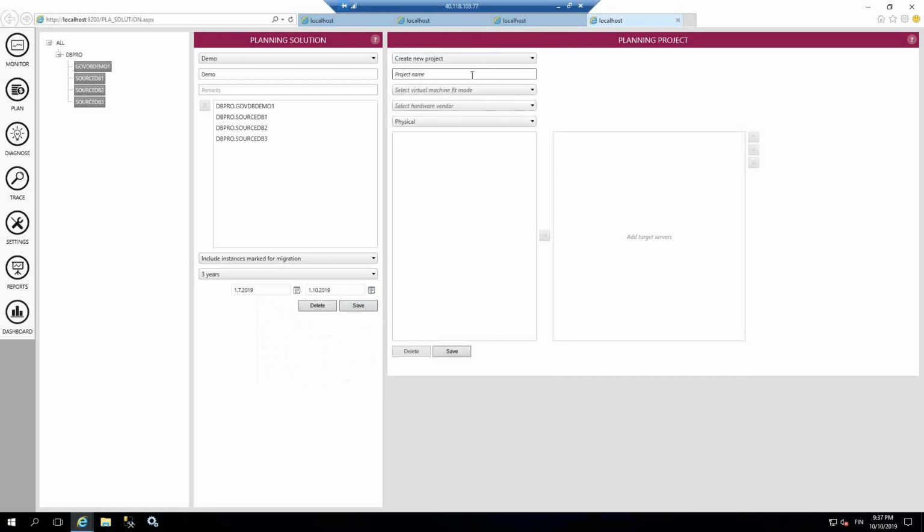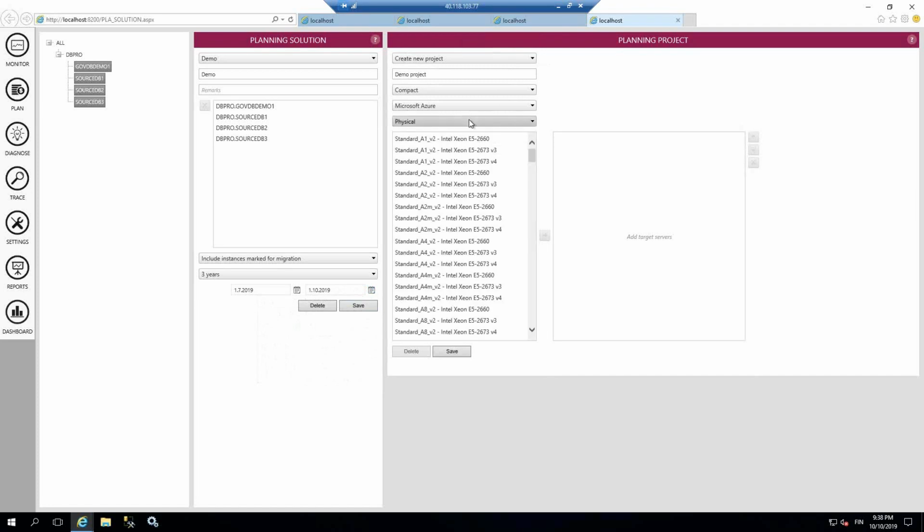We take the new project, then give it the name demo project. And this is actually virtual machine fit mode. It means that if you're going to have a physical host that is using virtual machines, so you can set that if it's a failover clustered instance, is the failover occurring from physical host to another or inside a physical host. So we actually can put it, for example, compact, because we are using now the Azure virtual machine. So we take a mix of Azure from here,